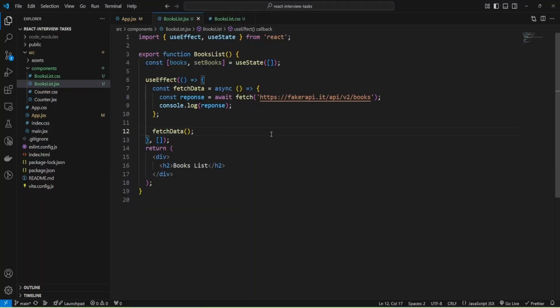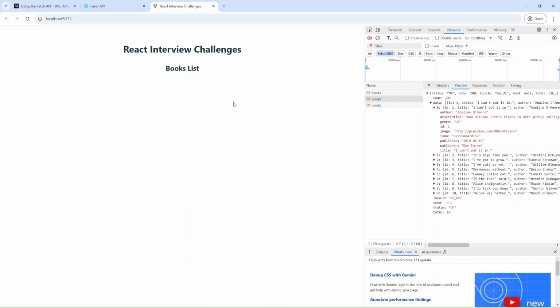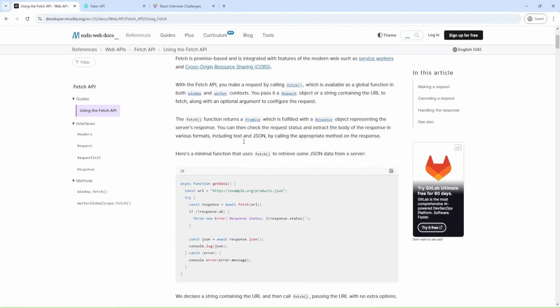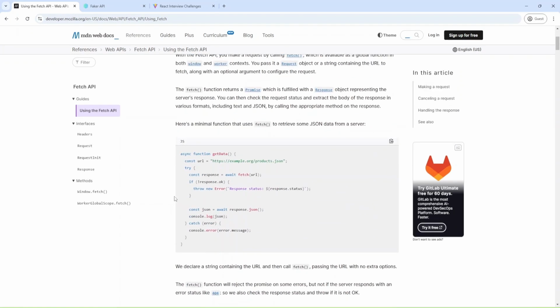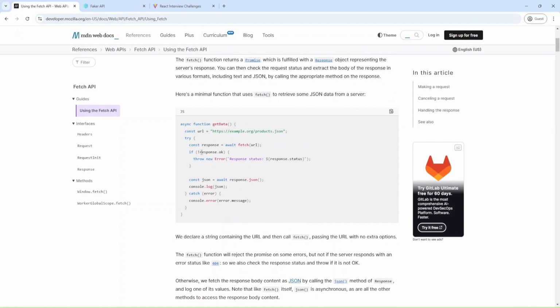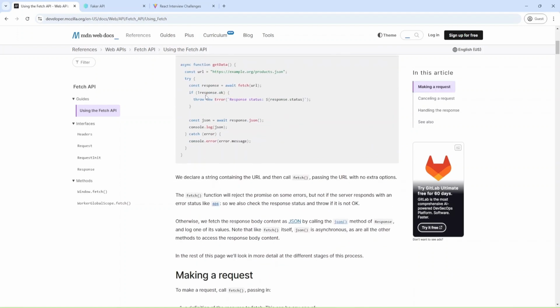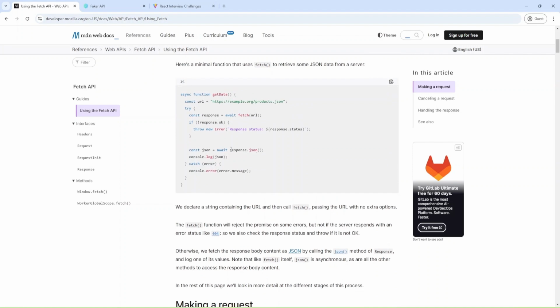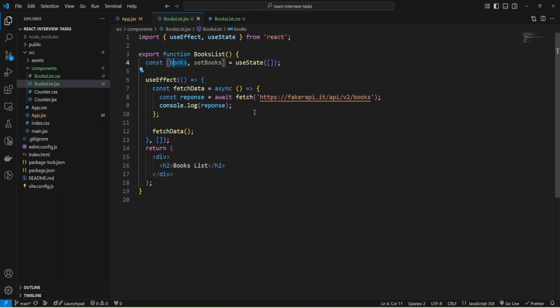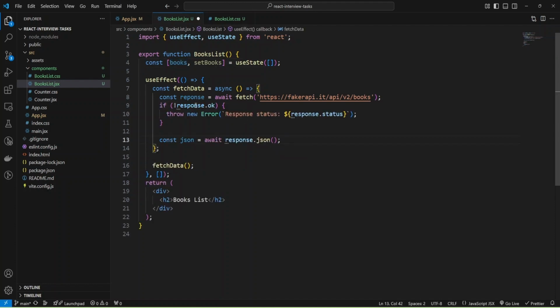First of all, we need to save the data from the response into the state variable, and I'm going to check the docs about fetch API, and let's see. It would also be good to check if the response was okay, and then we can get JSON data from the response. I'm going to just copy this code, remove this console log and paste my code here.